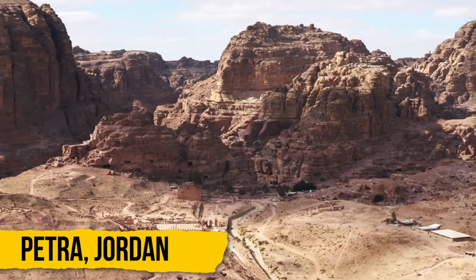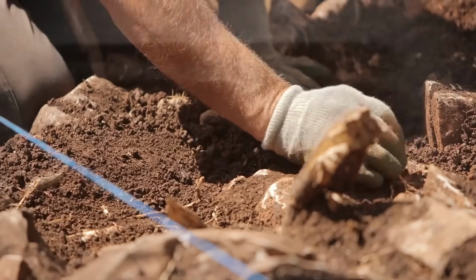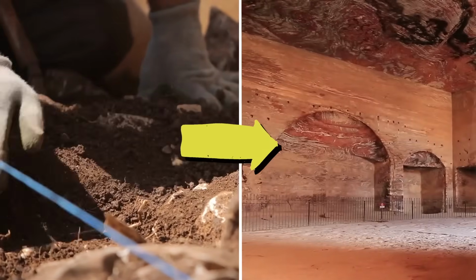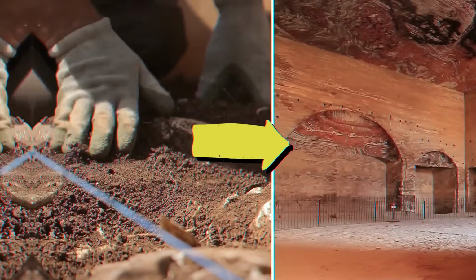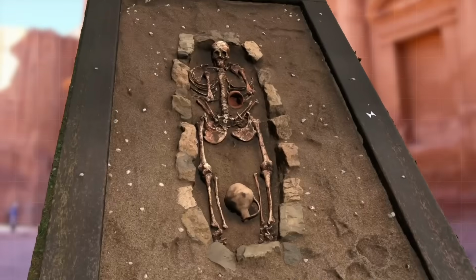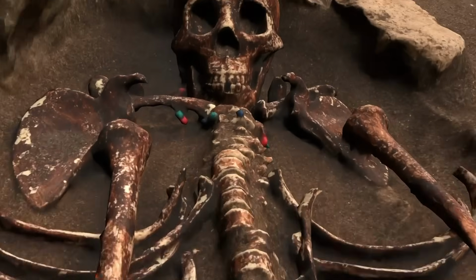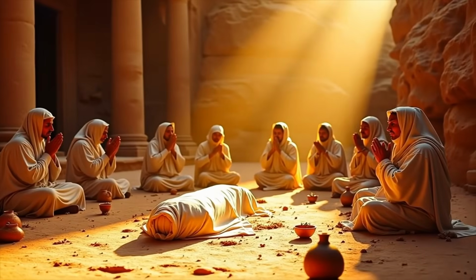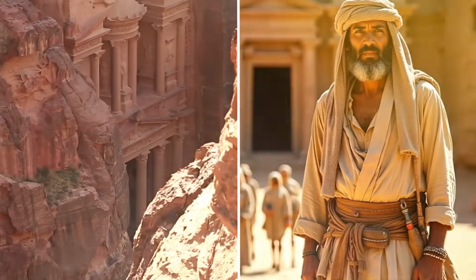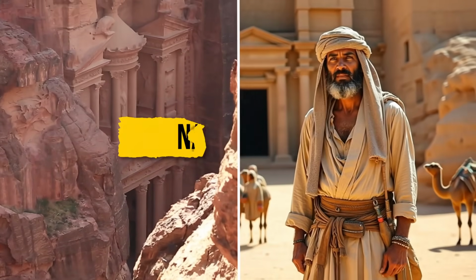Archaeologists have been studying Petra in Jordan for 200 years, and in 2024, they found something they had never seen before. It's a tomb with at least 12 complete human skeletons and artifacts that are over 2,000 years old right in front of the treasury. Bronze, iron, and ceramic items were placed with the deceased, which shows how people honored their loved ones when they passed away. It's a rare chance for scientists to learn more about the Nabateans, an ancient group of Arabian nomads